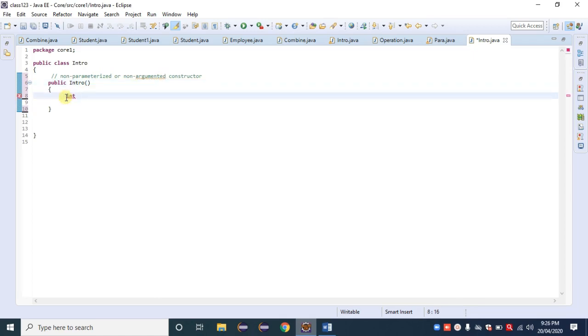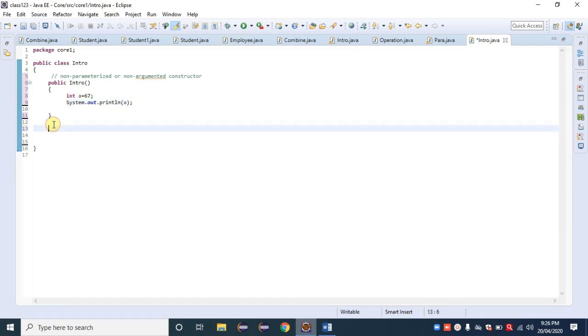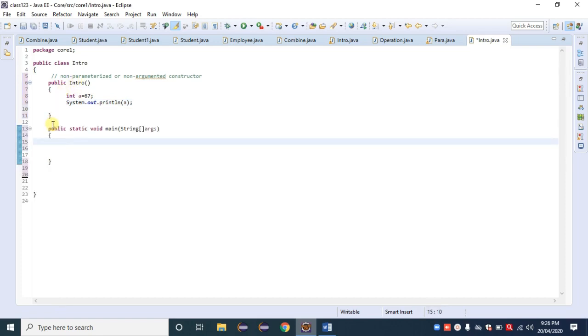Int a is equal to 67. Even here, a printing statement, SYSO, that is a. For calling that constructor, we need a main method. We know that there is no separate line or statement required to call a constructor. So when we create an object, that constructor is called automatically.